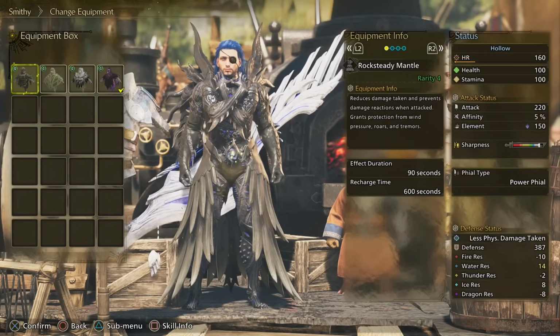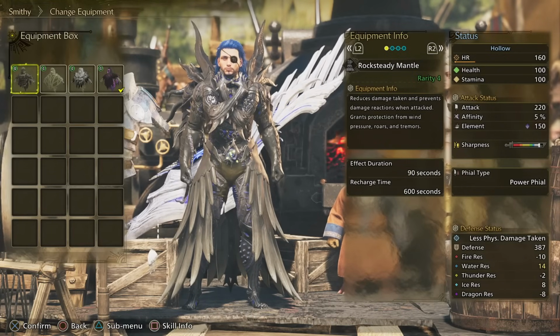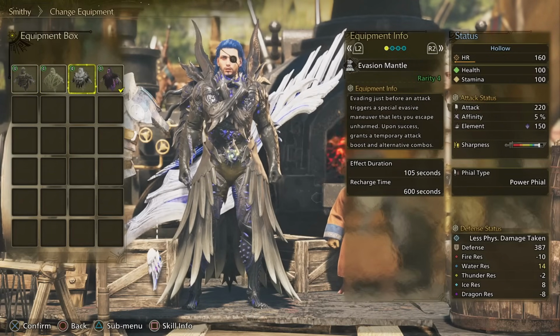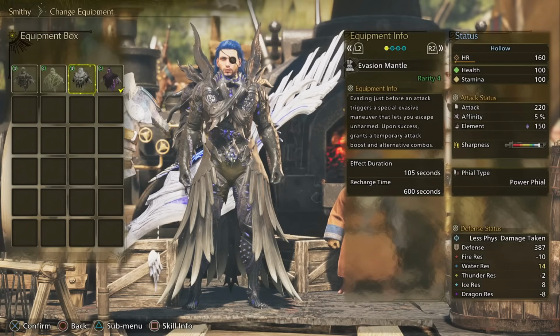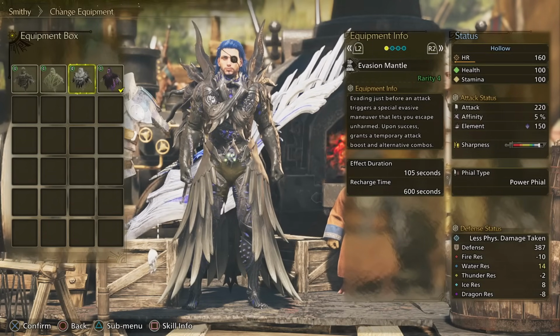This provides a 60% damage reduction compared to 30% before this update. Meanwhile, something like Evasion Mantle that gives you that temporary attack boost after landing a perfect evade, the mantle itself lasts longer now. So I'd say there's actually some argument for Switch Axe in particular for the other options and benefits